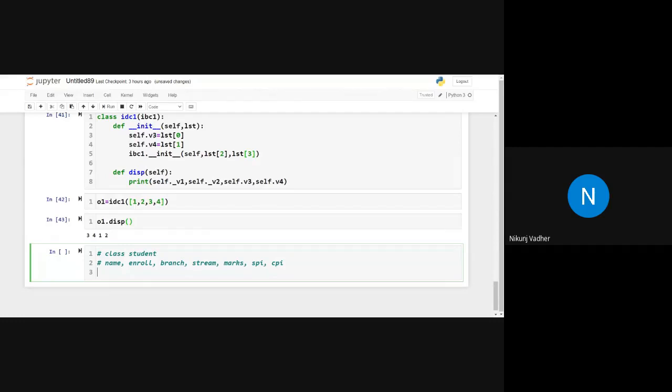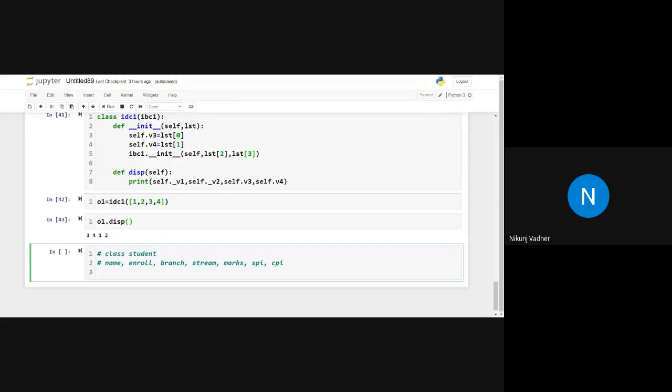Whenever we discuss the class, there will be attributes, and to deal with those attributes we have the option of property. So what is property? Property is nothing but it allows us to read or write the attribute of the class.